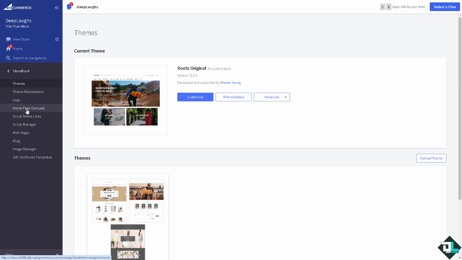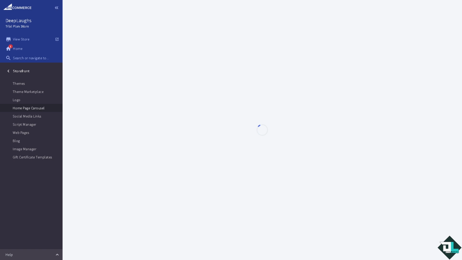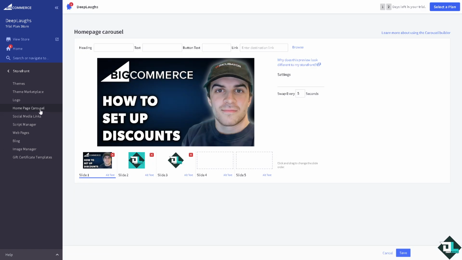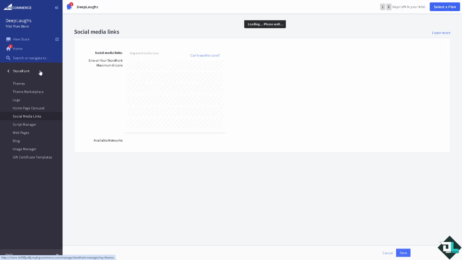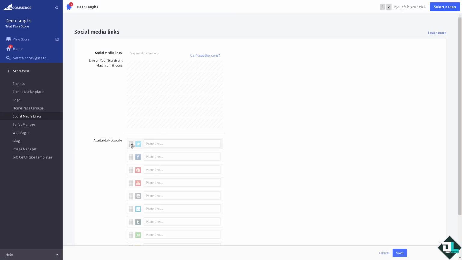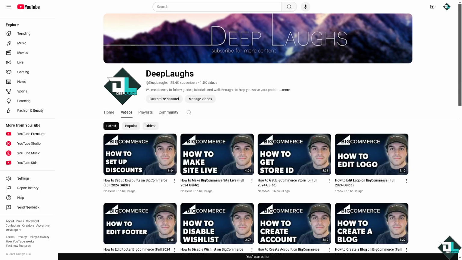We also have the option for the homepage carousel. Now you see, you have an option for the homepage carousel and the social media links, if you have that, on the left side panel of your storefront. These are the available networks like Twitter, Facebook, Pinterest, YouTube, and of course, in our case, what I'm going to do is I'm going to quickly switch over